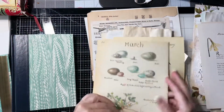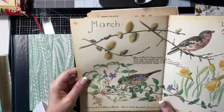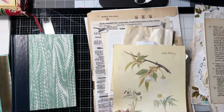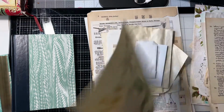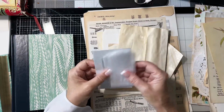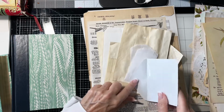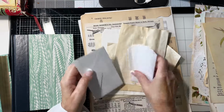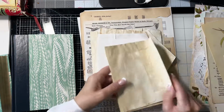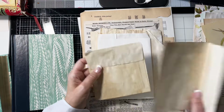Probably not. There's quite a stack here, but I've got the March of the Edith Holden. So see the birds, so I'll probably use some of that. I thought these drawings were pretty on here. I may use that. I've got a stack of envelopes and things like that. This is fun to just hang on the side of a page, and these are great to embellish a page with. And here's all of my envelopes because I like to have envelope flips through the book, and these have